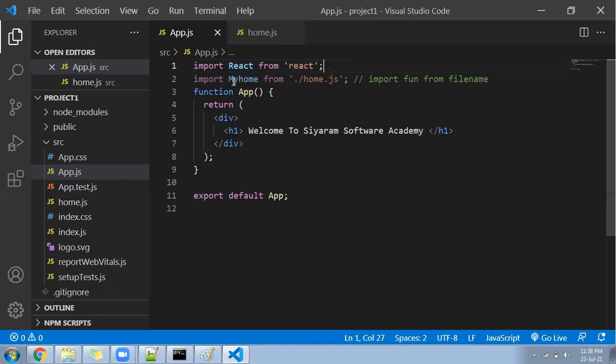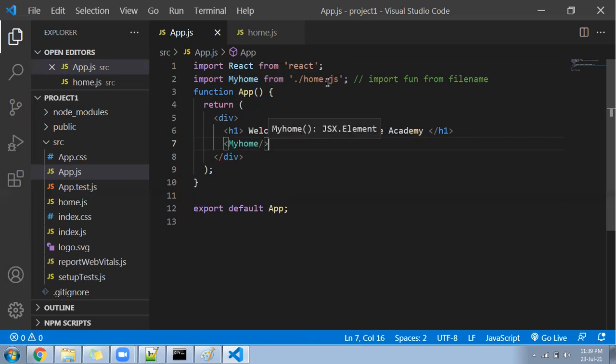Then you may say, okay, you created a component and imported it, now how to integrate it? Nothing to worry about in the integration part. Come down, and it is simple. You know the BR, HR, IMG tags; in a similar way, call that my home function here. My home. It is very simple to integrate. That's all, the component got integrated. We created a separate component, home, and the function name is my home. We called it here and integrated it. Let's look at the browser. It will give the output.